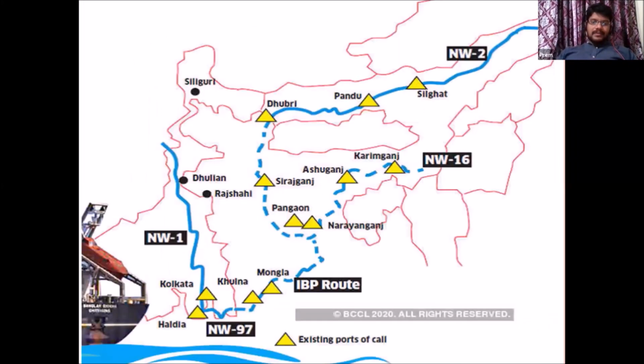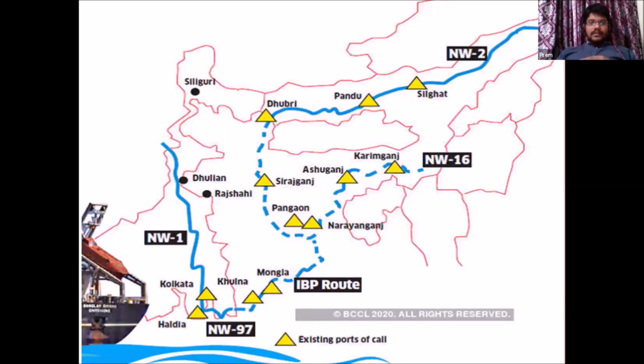These are the maps, like these are the waterways. If you can see here, these are National Waterway 1. So from a prelims point of view, also know these waterways. If not everything, at least know National Waterway 1, on which river it is, where to where it connects, National Waterway 2, and National Waterway 3, 4, 5, 6. Okay, till 6, you need to know on which rivers they are. For example, National Waterway 1 is on the Ganga River, National Waterway 2 is on the Brahmaputra. And do you know which national waterway the Godavari River forms? It is, I believe, National Waterway 4. So check on that. But this is something you have to remember. It might be asked in prelims.